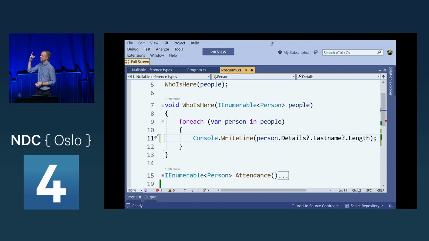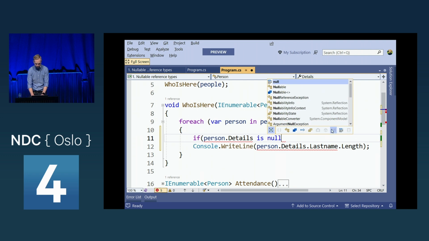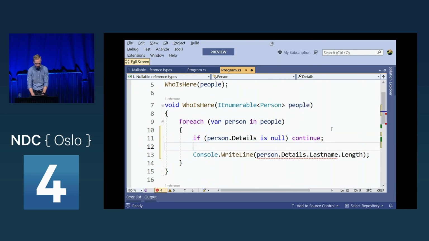But you don't have to end up doing question marks all over the place. The compiler is really smart. It introduces something called null state static analysis, so that it keeps track of if you've performed a null check. So I could say, well, if person.details is null, continue.